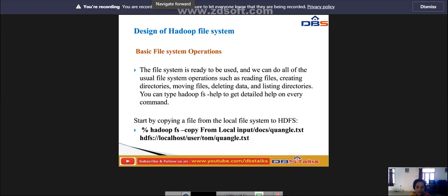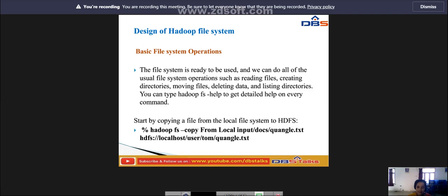HDFS, the Hadoop Distributed File System, is made up of several Java processes running on separate physical machines and follows a master and slave model. I have a small diagram regarding this Hadoop file system, which we will explain in the HDFS concept. Now I am coming to the basic file system operations.